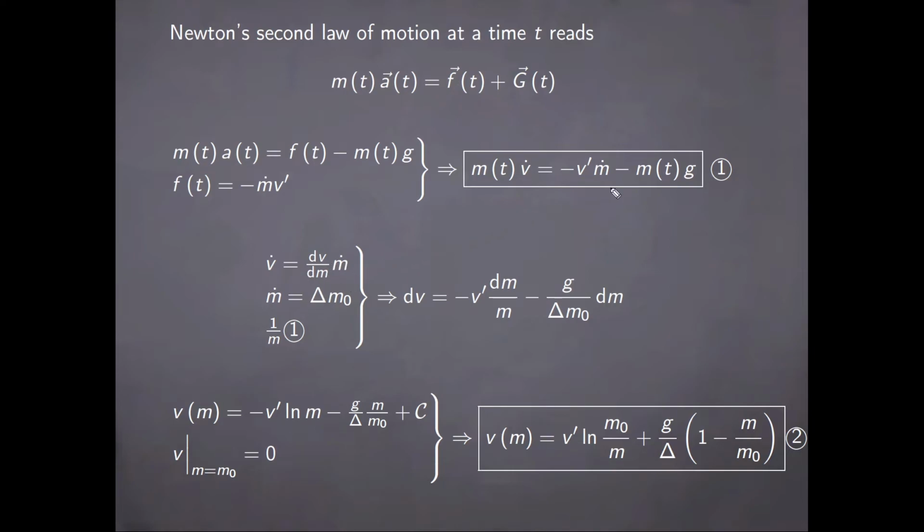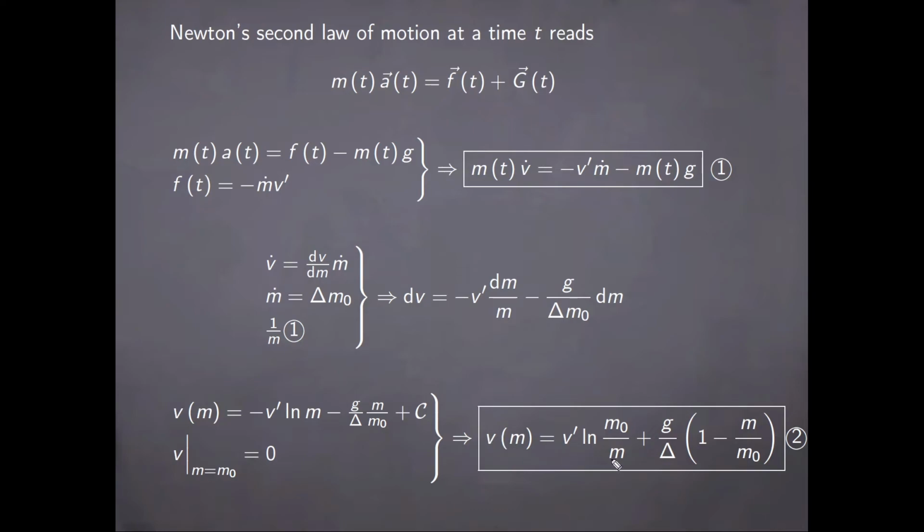With these two expressions brought into equation 1 and dividing everything by the mass, we obtain the differential form here, which can be integrated right away to give the result here up to some integration constant. This constant is fixed from the initial condition, namely that when the rocket's fuel supply is full, so at the initial mass, the velocity is 0, and using this condition I can obtain the final result, which is the one here, which gives the velocity of the rocket as a function of its